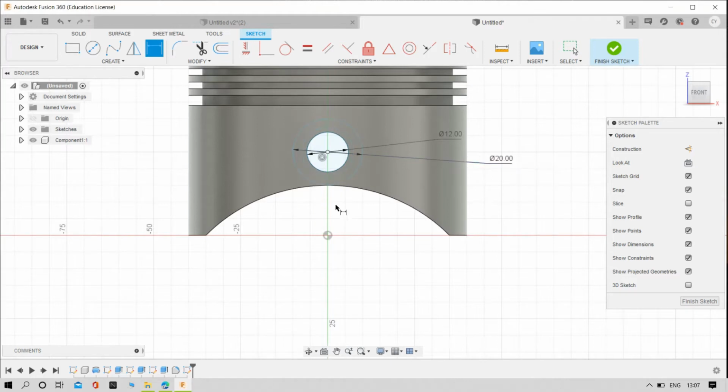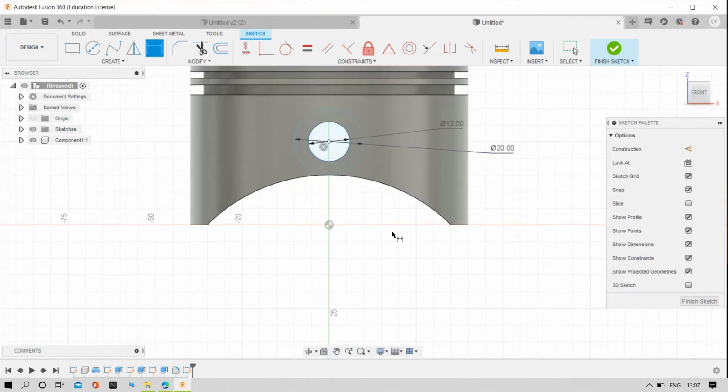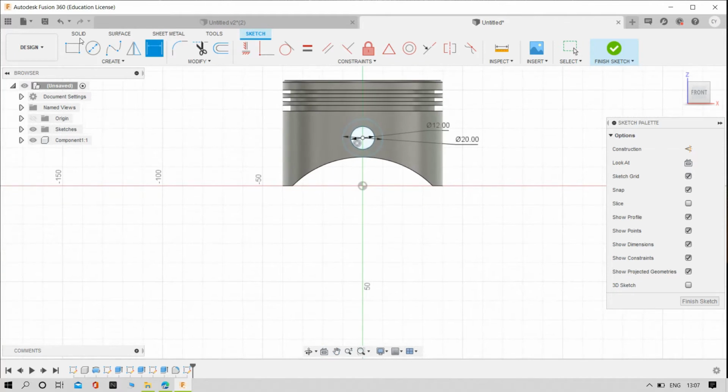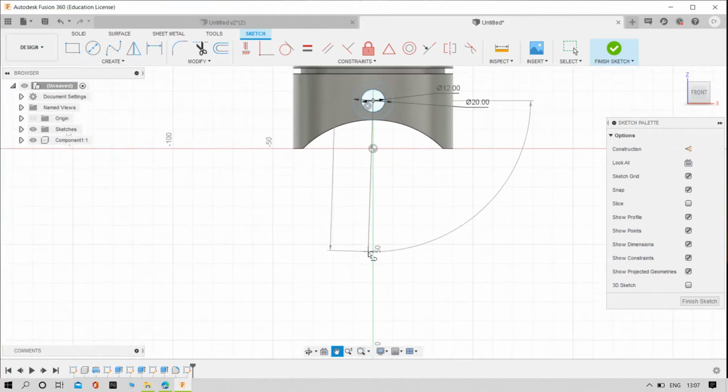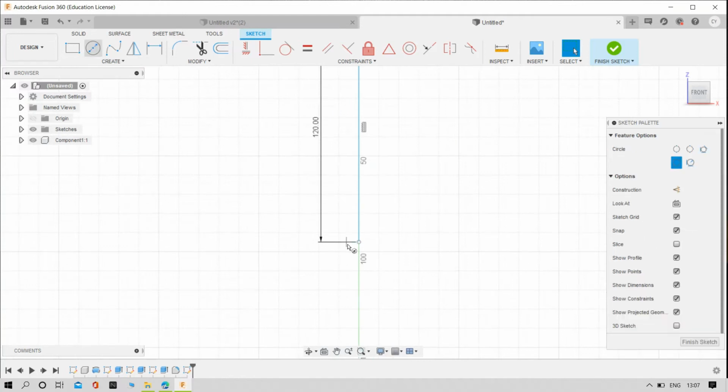Yeah, is enough. And again try to draw the one vertical line downside up to 120. Yeah, and here also we need to draw the circle with a 35 dia, circle with a 20 mm dia.